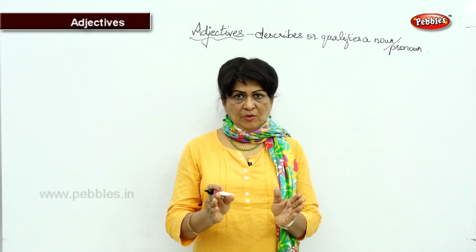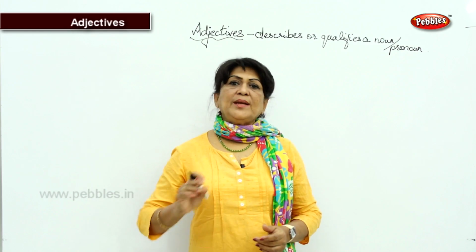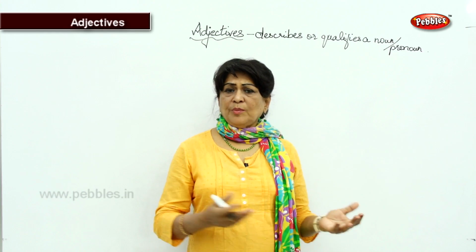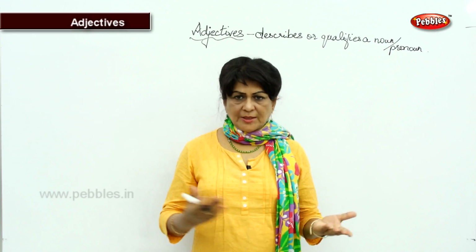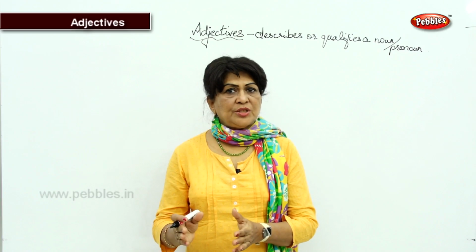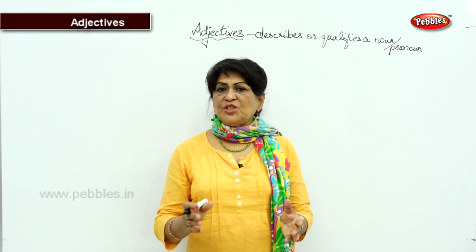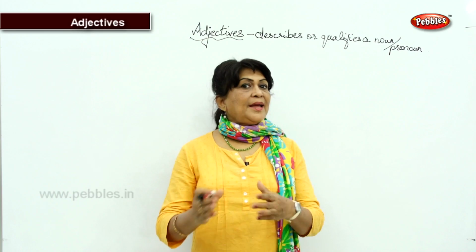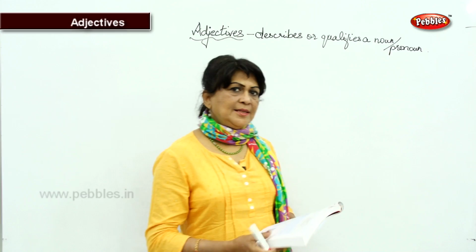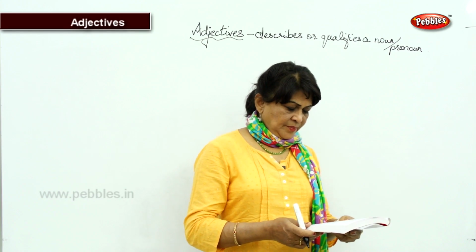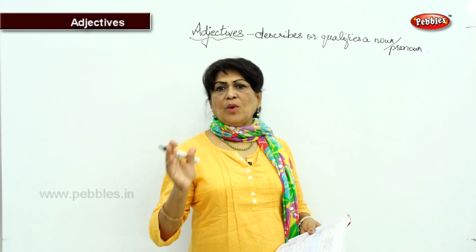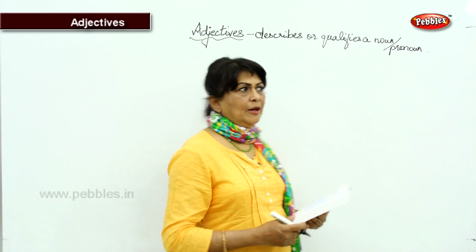girl is a noun. Convert this noun into an adjective. If they say, you may wonder how can a noun be converted into an adjective? But it's very easy. I am going to teach you certain words like girl, girlish. She is very girlish in her behavior means it describes that girl. It describes that person. So let's see how we can convert nouns into adjectives, that is, from one part of speech to the other.